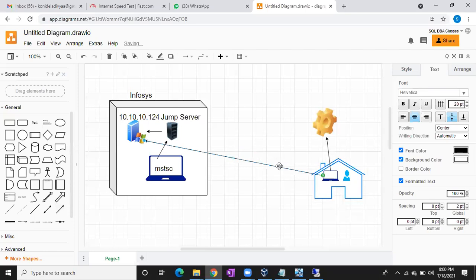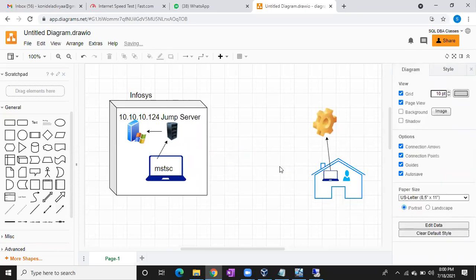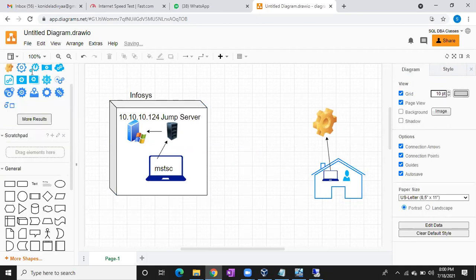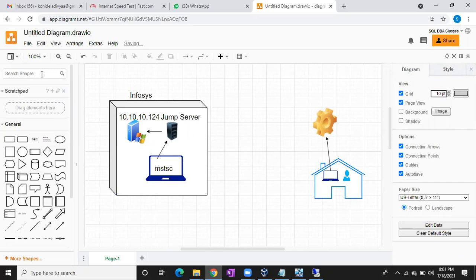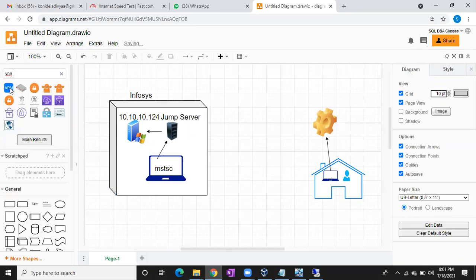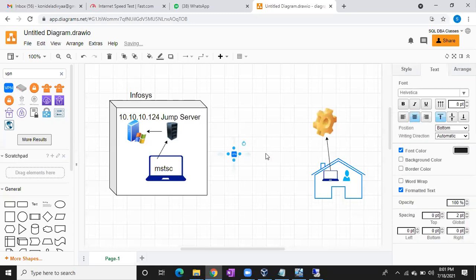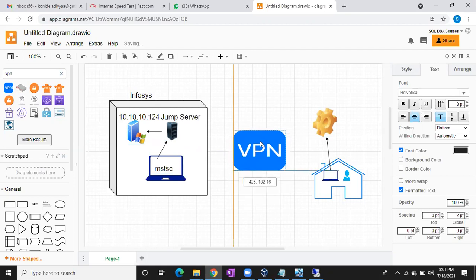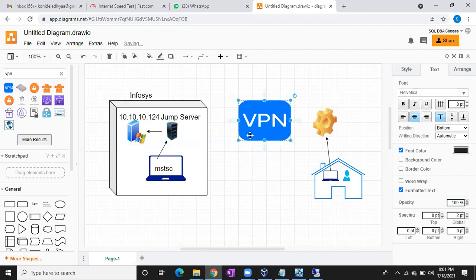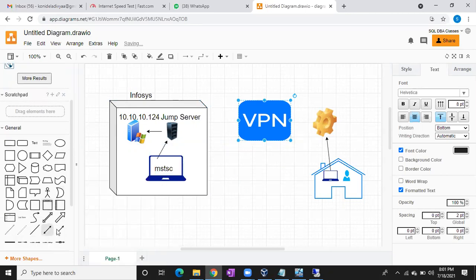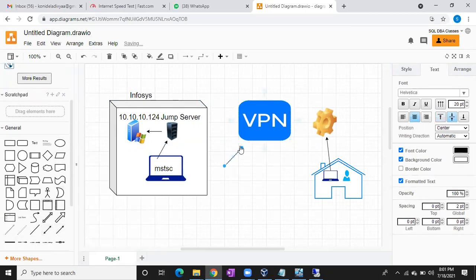First you have to connect to the VPN software, VPN, virtual private network. So what you are going to do: first you will connect to the VPN software using your internet. Using your internet, you are going to connect to the VPN.